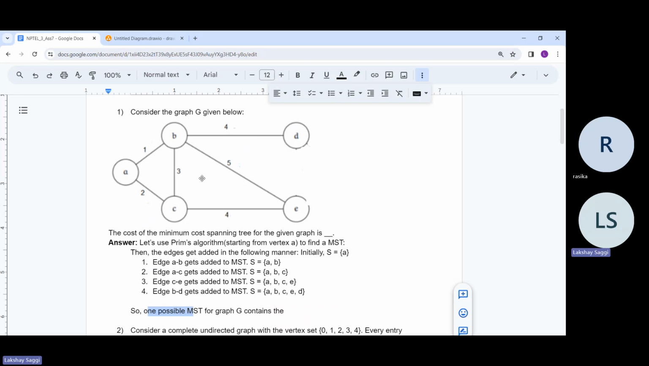So the cost of all the MSTs will anyway be the same. We are just interested in getting any one MST, and we have obtained this. This contains the edge AB, the edge AC, the edge CE, and the edge BD. These are the four edges which are contained. So the cost of the MST is nothing but the cost of edge AB, which was